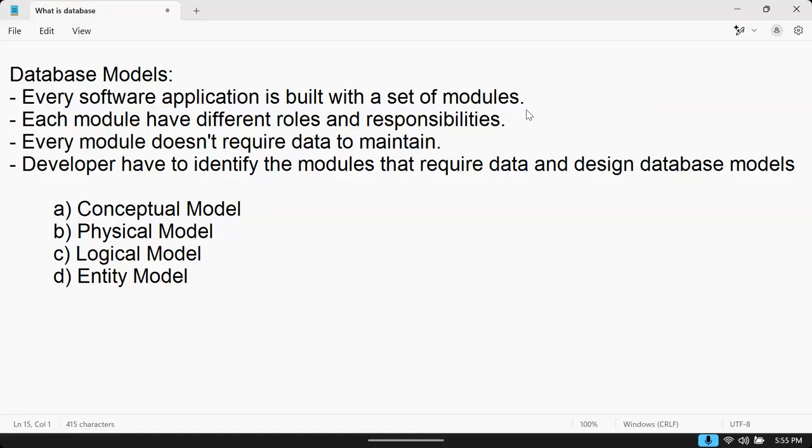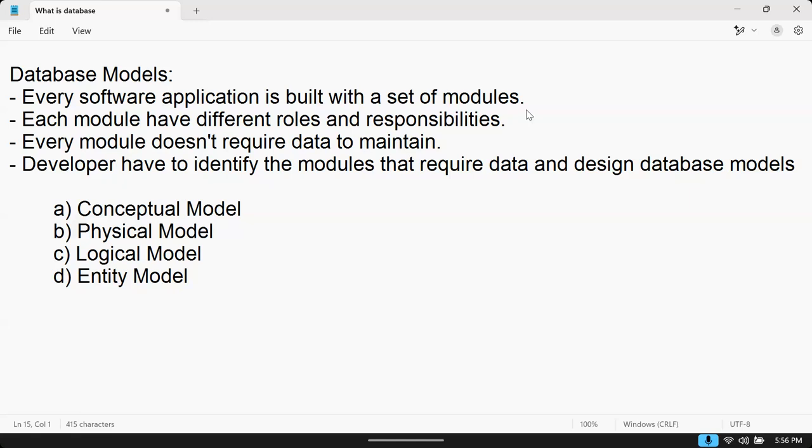And what is the reference given to a database designer? What will he see and design from?